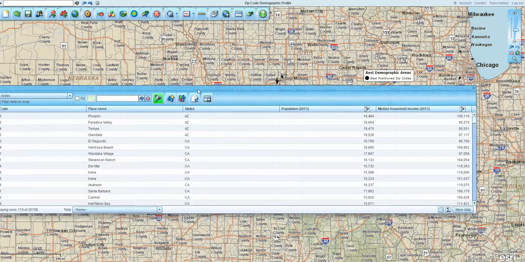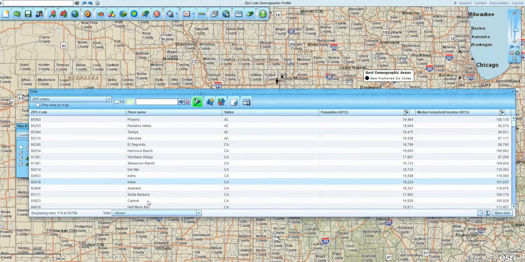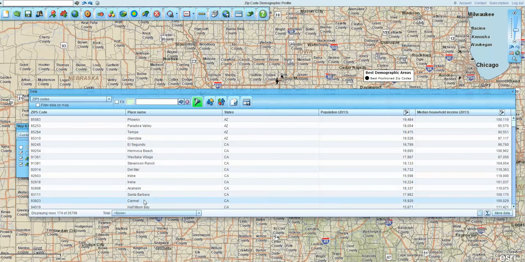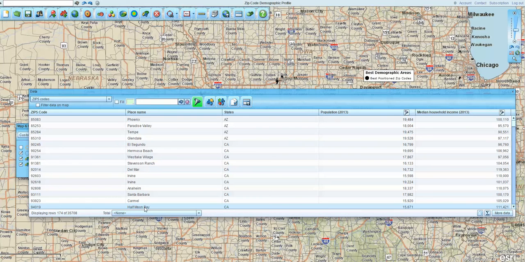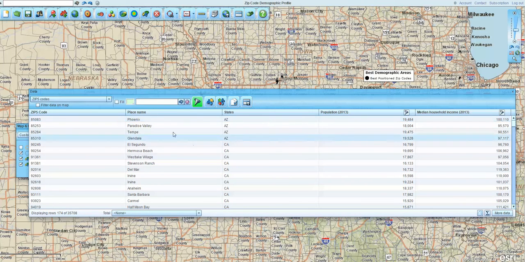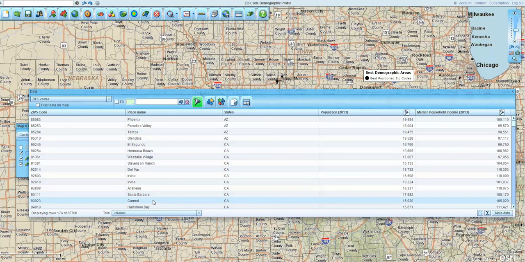Now I've got the data here by place name or city. So I can actually export all this out right here as an Excel spreadsheet, which would give us a list of cities that we can work with as well. So you could actually send that data set out, bring that back in, and populate all these cities on the map. There may be other ways for us to get cities on the map labeled, but